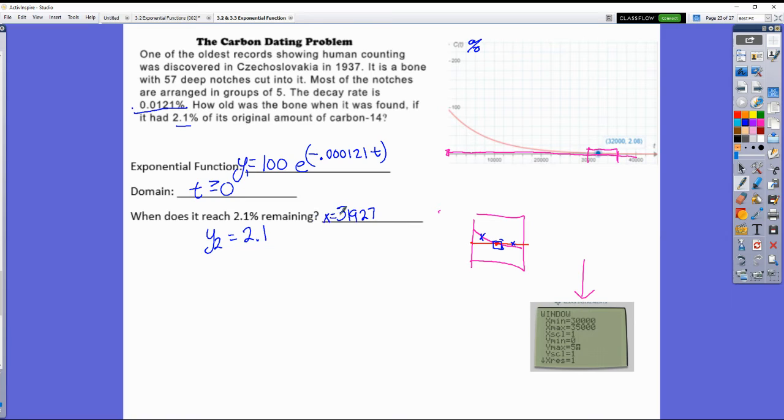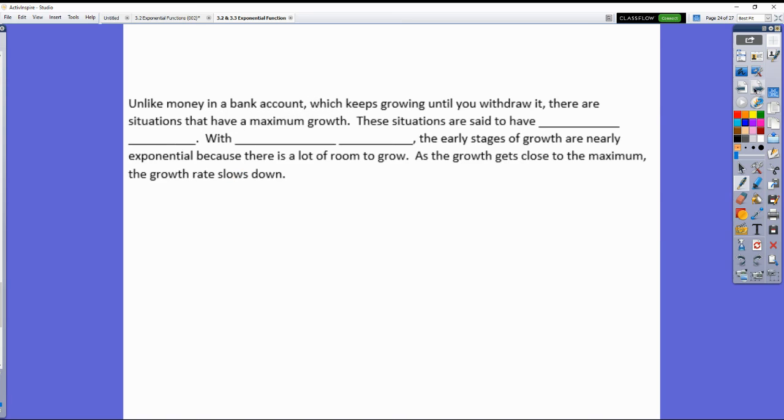So that's your X. So that's the number of years right here when it gets down to 2.1%. Okay, for this last problem, we're going to look at some things that grow exponentially and then they kind of